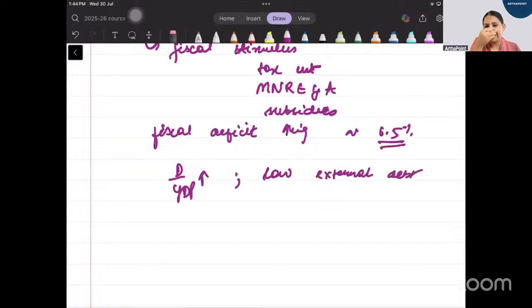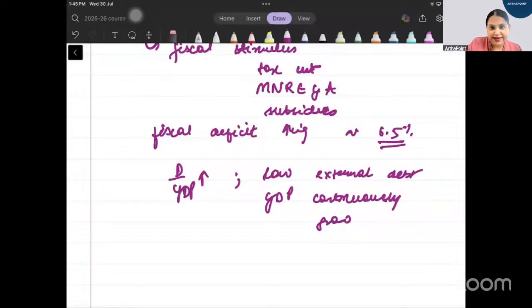Now, this may be willingly or unwillingly, because the whole world economy was facing problems in this period. So not a lot of countries could give you debt when they themselves were suffering, and we were able to maintain that. So the external debt was low and the GDP was continuously growing. India was not very impacted by the financial crisis. We were in a better situation as compared to the other countries.